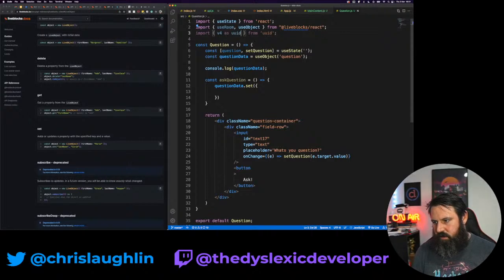It could be anything serialized. Yeah, I'm assuming it JSON stringifies it, sends it to Liveblocks, you store it, and when it comes back, it JSON parses it and gives me the parsed value.